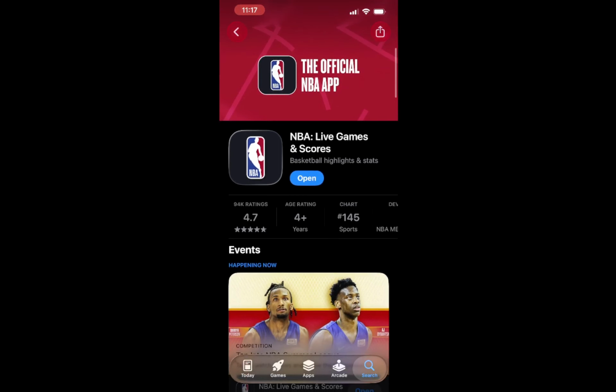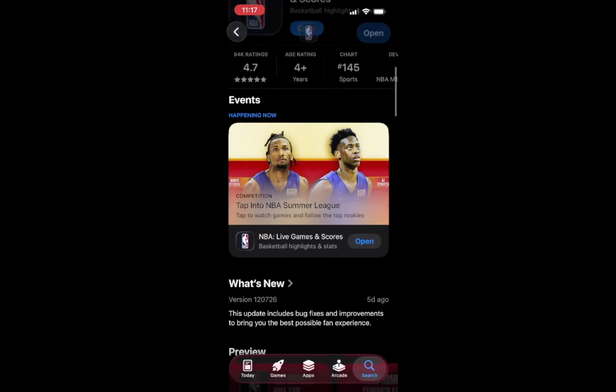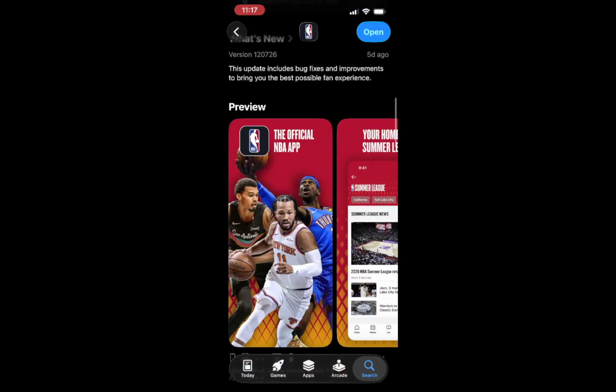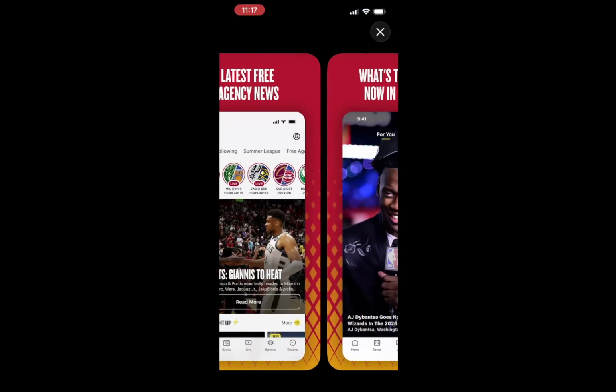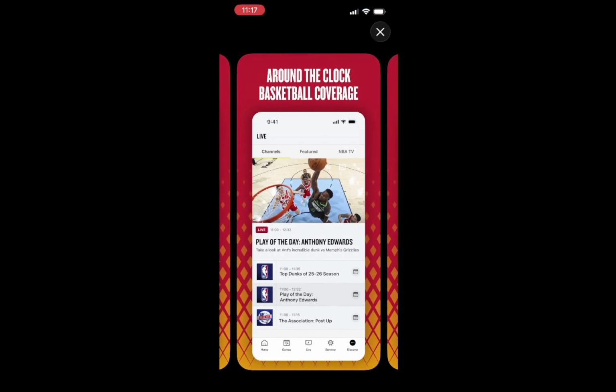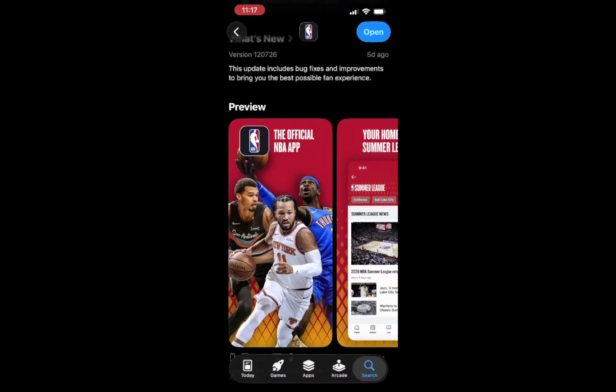Once you have located the app's page, open it by tapping on the app icon. This will take you to the app's detailed information screen. Here you can see screenshots, reviews, and the current version number of the app. This screen is important because it gives you insight into what has changed in the latest version, such as new features or improvements. Understanding these updates can enhance your overall experience with the app.